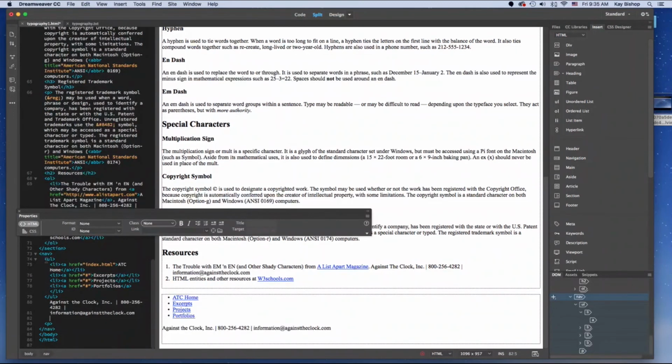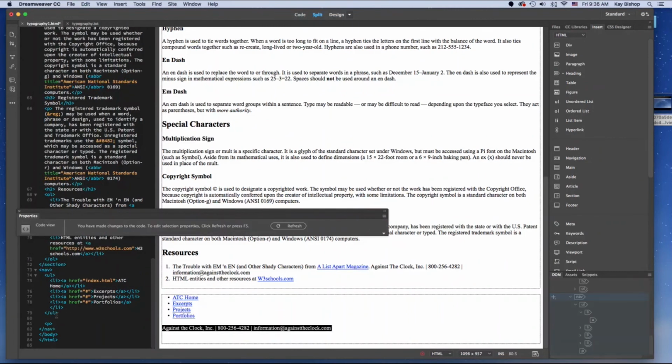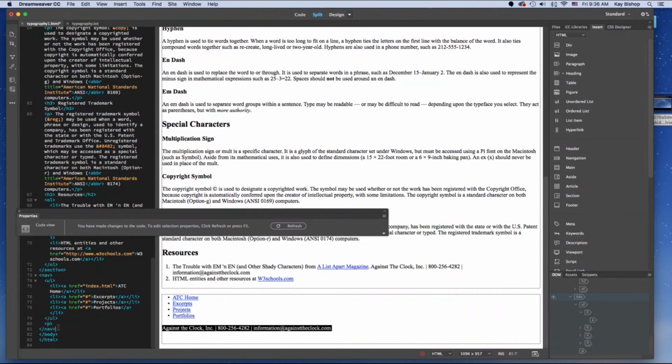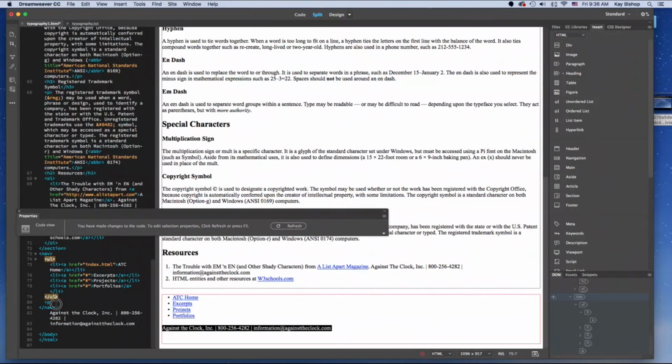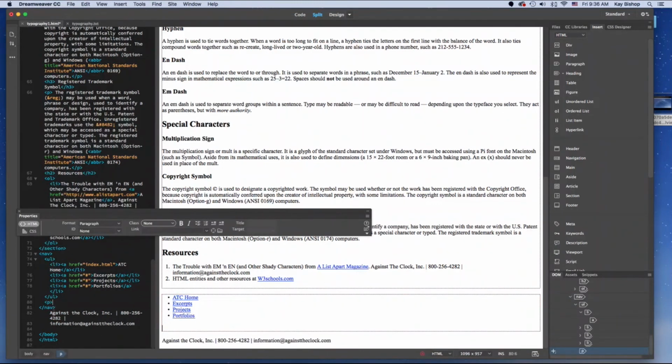Oops, and I put that in my navigation tag, so I'm going to delete or cut that and make sure that it's not in my navigation tag. So I'm going to move it so that it's after the navigation tag, but within the body tag still. So you can see that in the code view. So now in the Dreamweaver design view, you can see the footer is outside of my navigation tag section, or